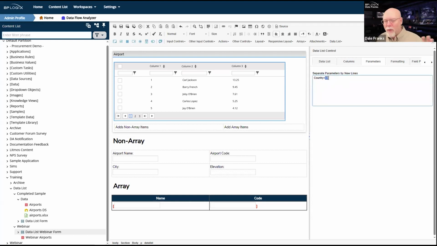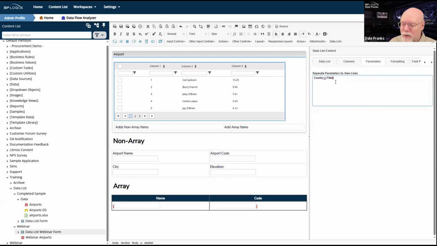I'm going to create a form field, and I'm just going to call it filter. And since it's a form field, I'm going to have to make a system variable out of it, but I'm going to create a field called filter. And since I know that that's what I'm going to call it, I'm going to go ahead and put in the field here. Oh, by the way, test successful.